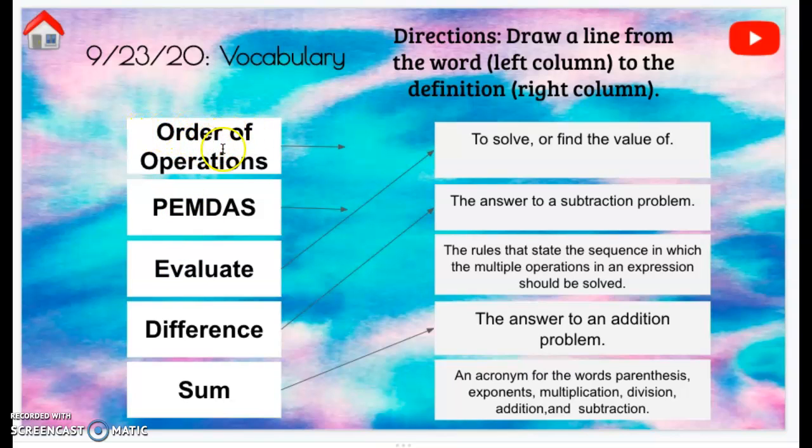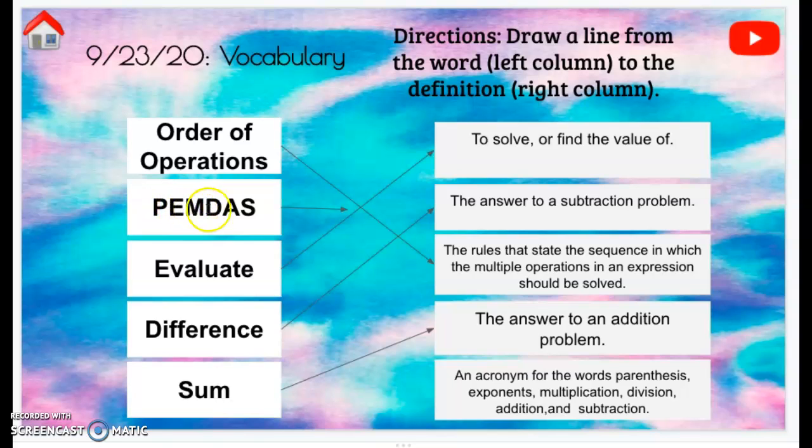So let's start with the order of operations. Is the order of operations an acronym for the words parentheses, exponents, multiplication, division, addition, and subtraction? Not quite, but it goes along with that. But the order of operations themselves are the rules that state the sequence in which the multiple operations in an expression should be solved. So we are going to drag that arrow right here, which leaves us with PEMDAS,